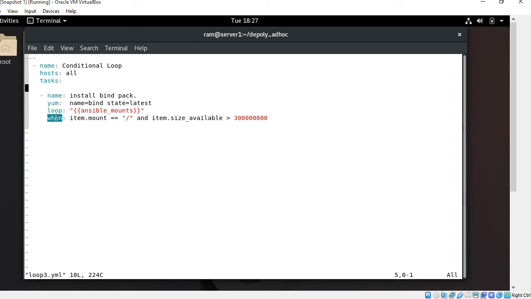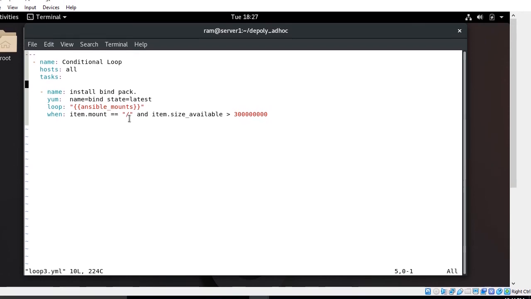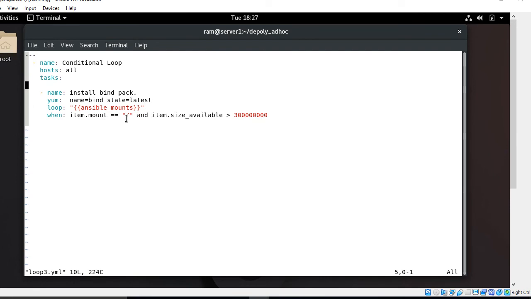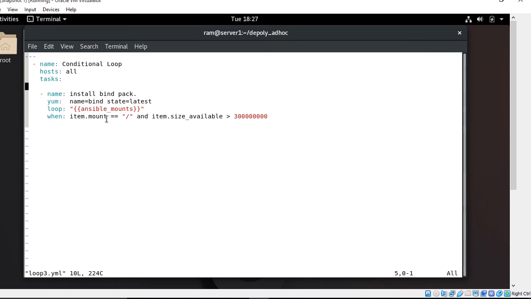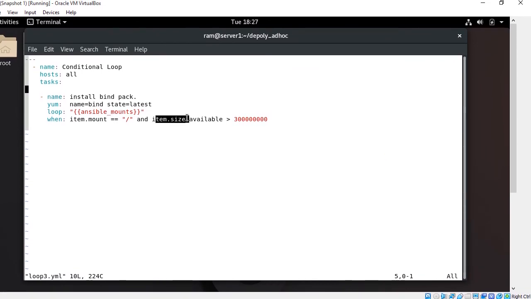So here I am telling my playbook to install the bind package using the yum module if there is a file system mounted on slash, which is my first condition, and more than 300 MB of free space is available on the system. If this condition is met, then install the package. For this, item.mount and item.size_available will get facts information from the managed host. So if the condition matches, then the package will be installed.